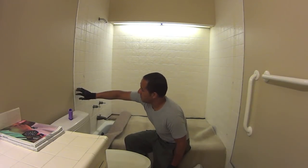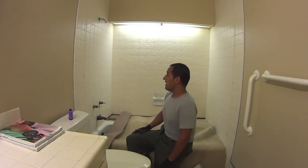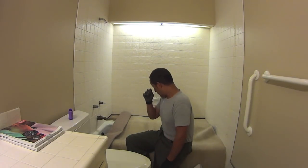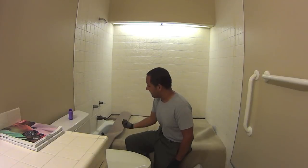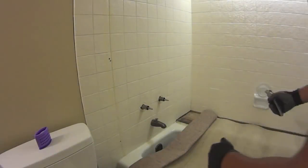But also, as soon as I can get this off, hopefully that'll be a 1, 2, 3. I'll start removing the tile. And I, again, checked YouTube and went online, and everything I see is just a matter of getting a pry bar type of guy and just start ripping them off. And the carpet here, I guess I didn't mention it, the carpet is here to protect the porcelain bathtub. I don't want tile falling down and banging into the porcelain. First things first